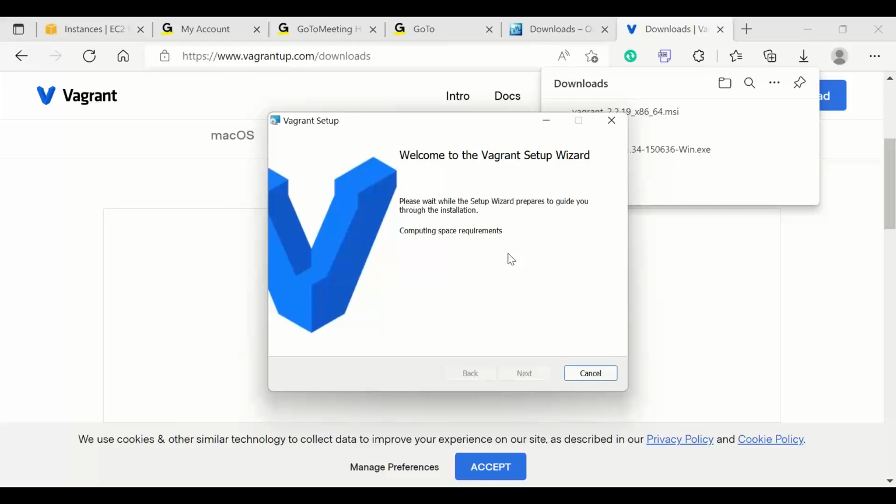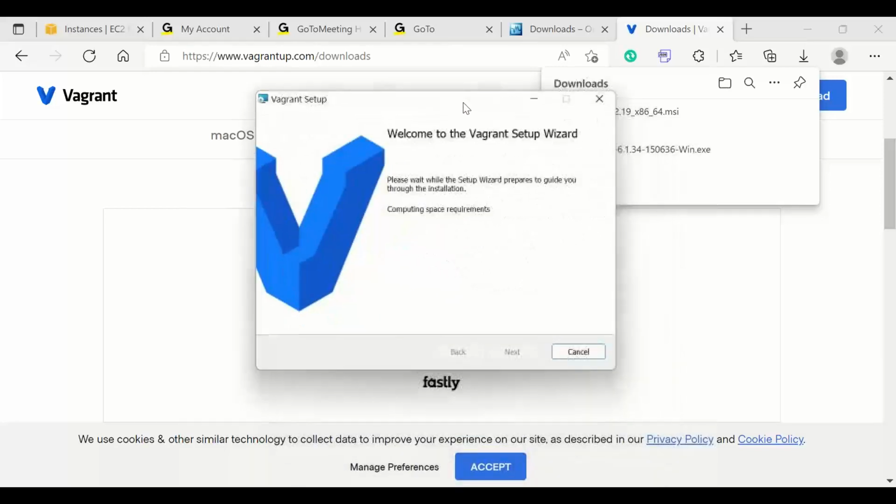Yes, it is verifying the space requirements, so it's taking some time. This is the second software: download it and install it. And once these two softwares have been done,